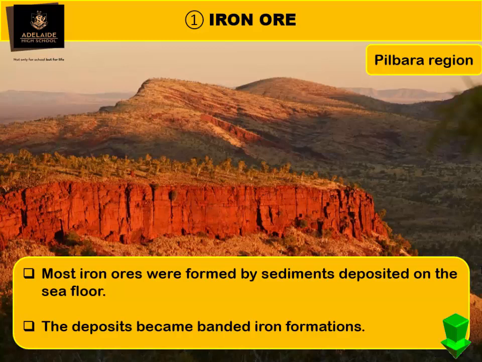But in order for you to take out the iron from the earth itself, you need to extract, all right? Extraction is a process where you take out the minerals from the particular rocks, whether it's for selling purposes or for business or for retail, whatsoever it may be. That's why Western Australia is very popular, because it's one of the states in Australia which has lots of minerals. It's the mineral state, all right? We do have minerals in South Australia, but not as much as in Western Australia, okay?